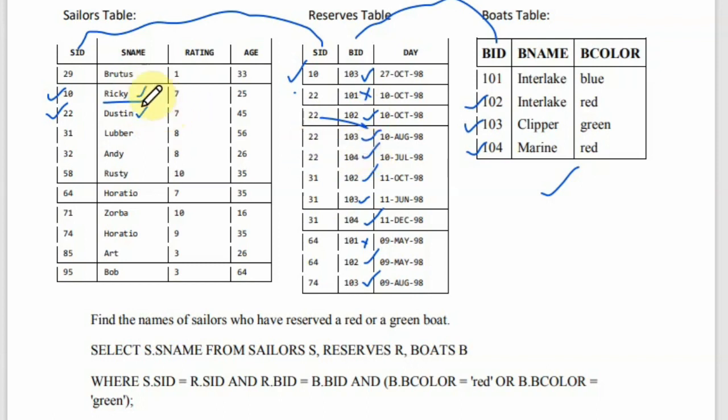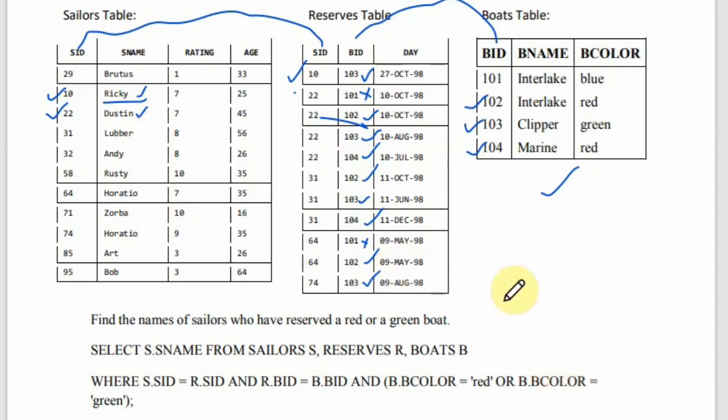And then 64 is Horatio, so I'll get Horatio, and again 74 is Horatio, so I'll get Horatio. So the output of this operation is Ricky, then Dustin 3 times, Lubber 3 times, and Horatio 2 times.